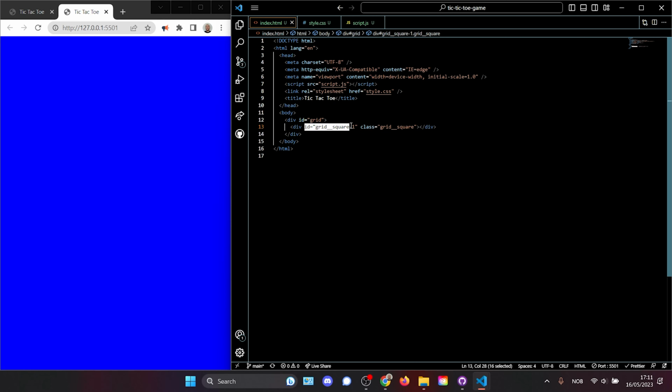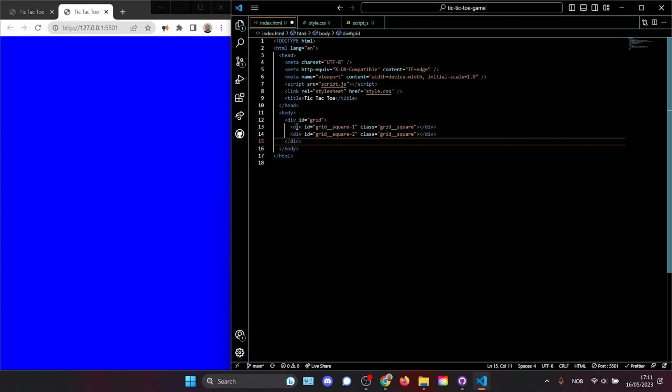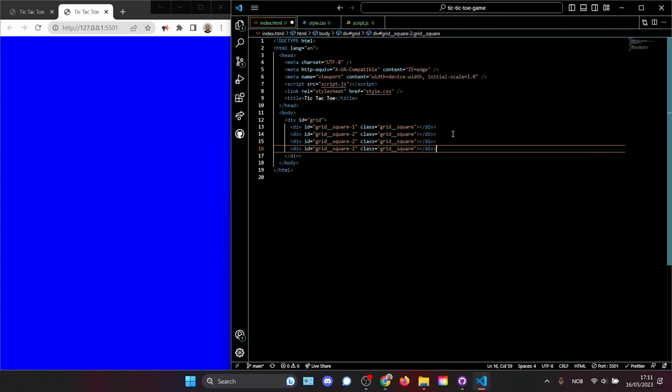This one has an ID of square1 because we're going to create several IDs, and each of them has to have a unique ID. That's what IDs are for. An ID should only exist one instance. But we're using the class of grid square to give all of them similar properties in our style sheet, whilst we use the IDs to target them for our JavaScript code. So let's continue copying these